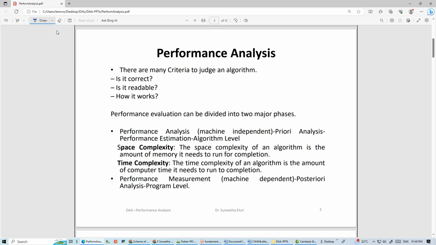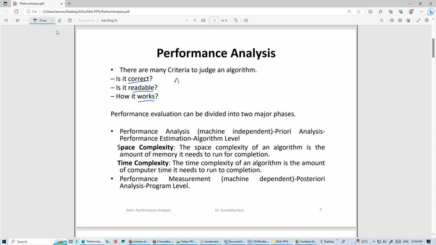these algorithms have to be converted into a program by following a programming language syntax, and the program is submitted to the computer system for execution. And once the program is correct and it is able to understand correctly, then we will give a set of legal inputs to the program